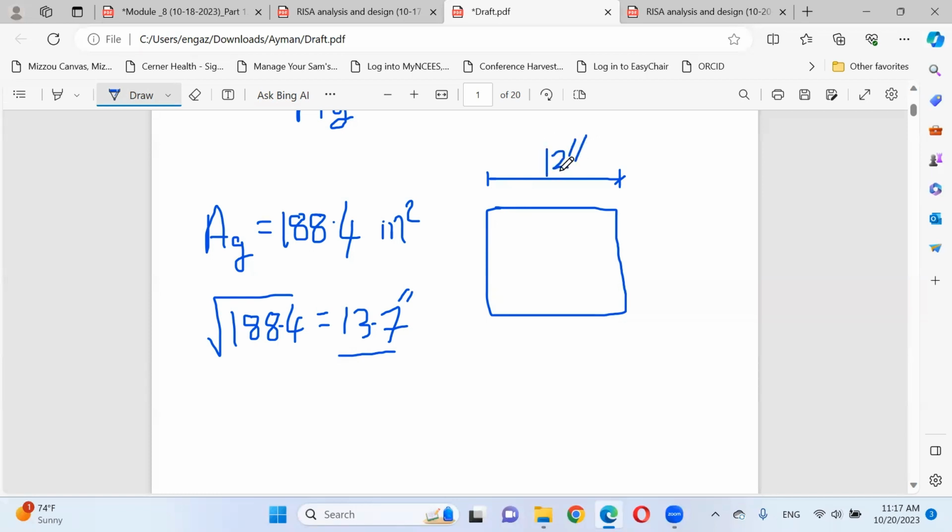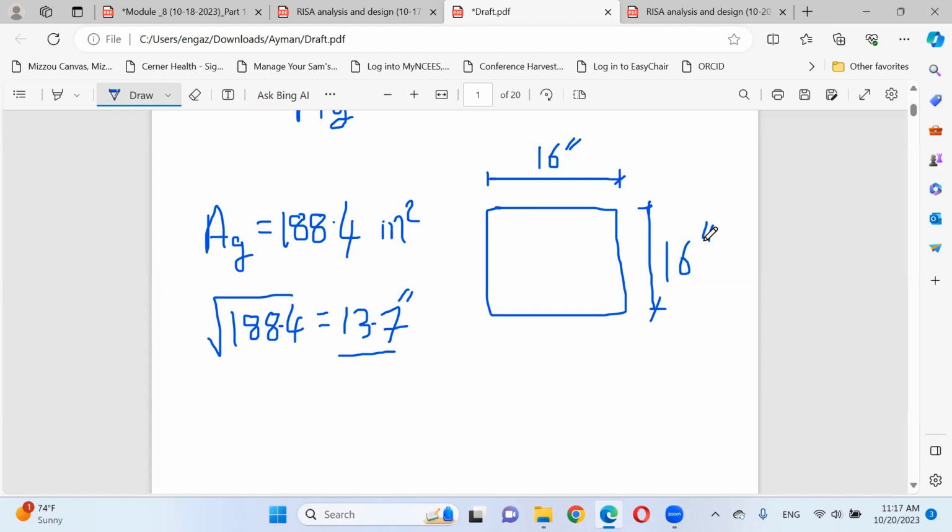That means you provided a dimension less than the required. So I cannot provide dimensions for the column less than 13.7, but I can provide more. More means more safe. So if you assume it's 16 inch by 16 inch, because it's a square, that's fine.